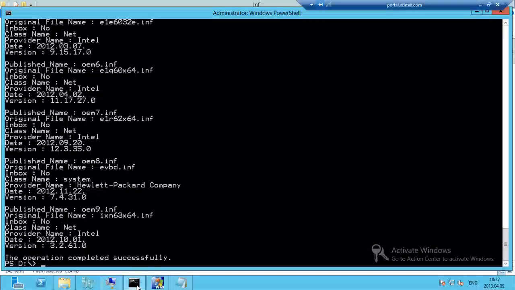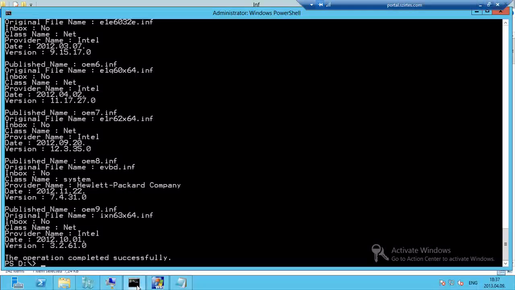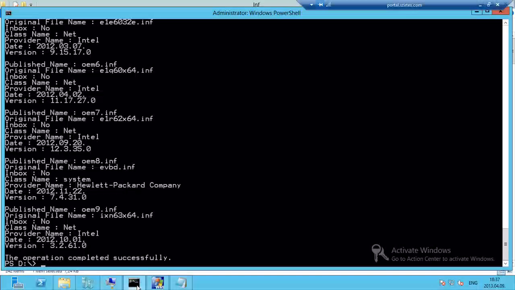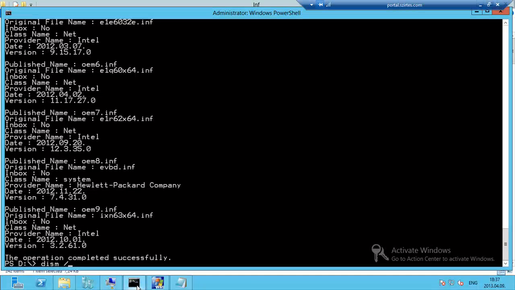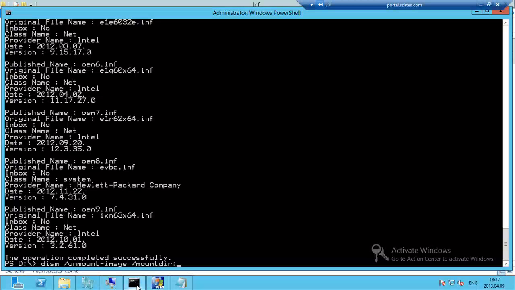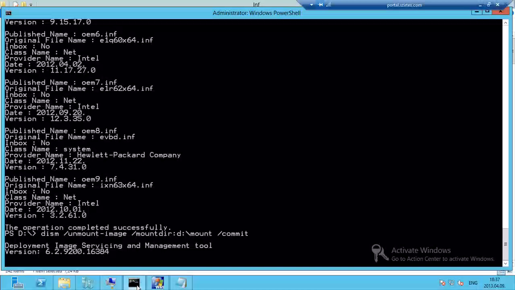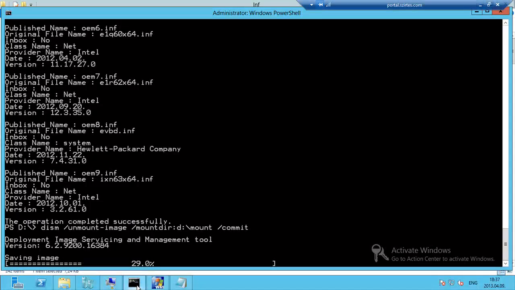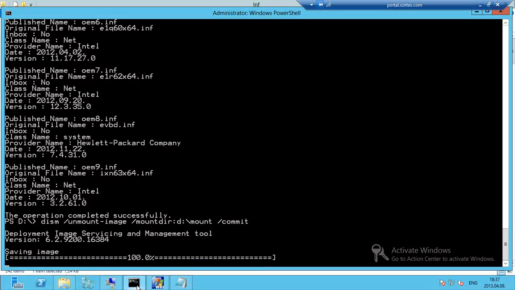And you will see the version of the drivers which are used by this boot image. After that, I can commit it, like DISM, yes, and using this command and this process, you can avoid